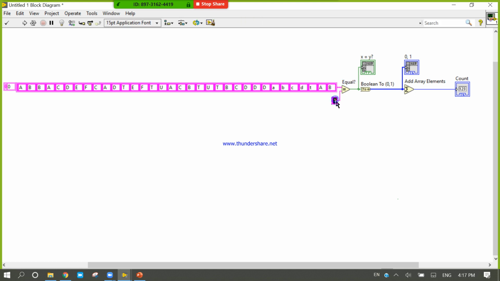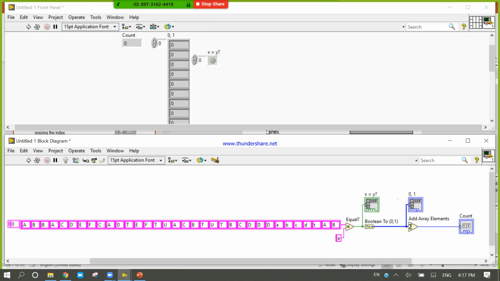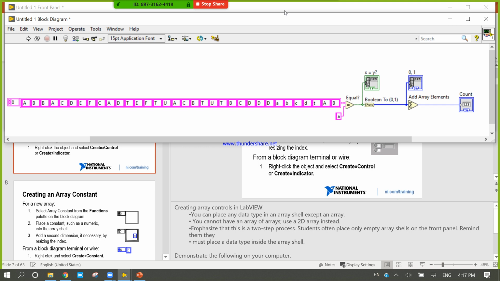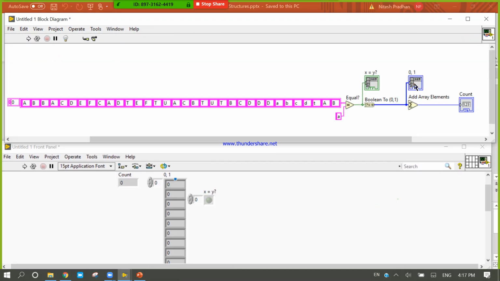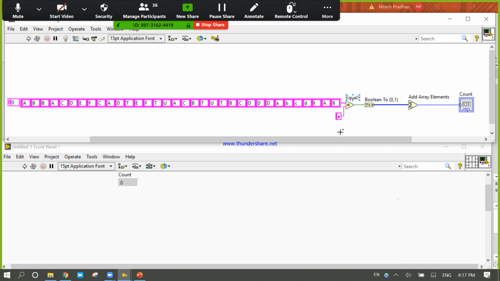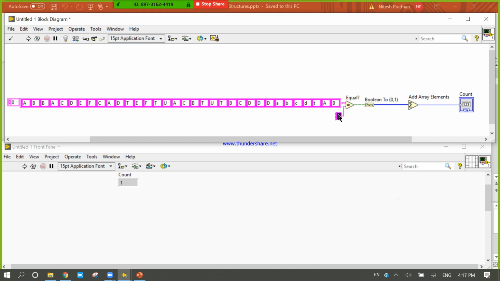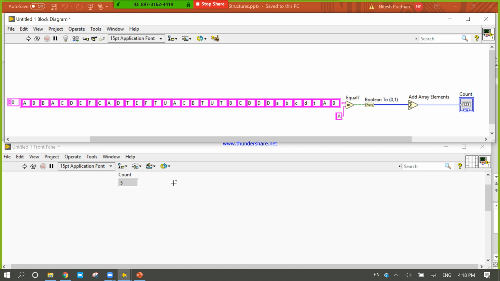If I write a here and run, my count is only 1. If I write capital A and run, my count is 5.